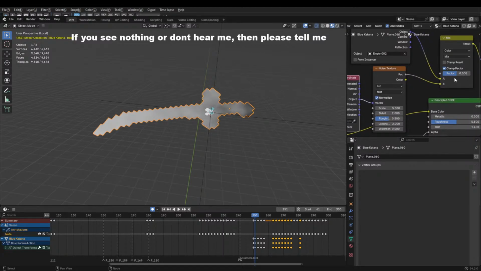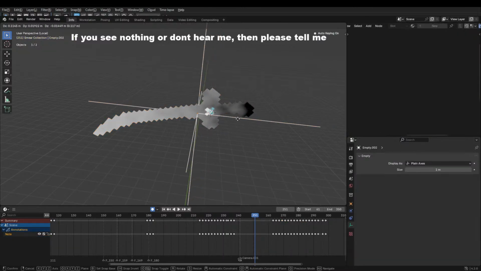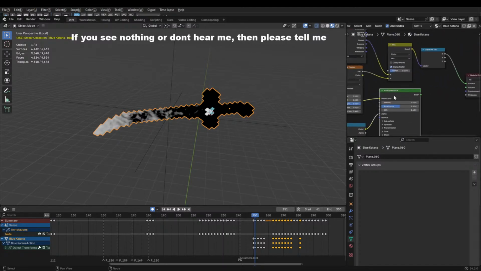So the point of this is to make it not sharp, so we have a fade effect instead of a straight line. You get me? So I'm going to turn off normalize so this will center in the middle. All right, lower this as well. Increase this, make the distortion a bit more so we get some cool patterns. Increase the roughness, increase the detail. There we go. So what I'm going to do here is use this as a mask to